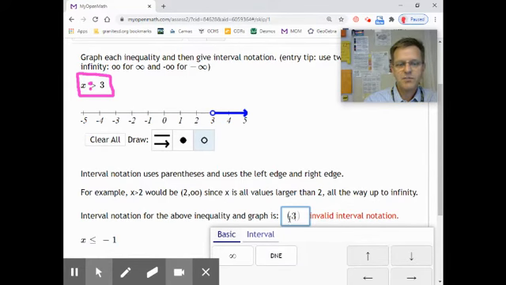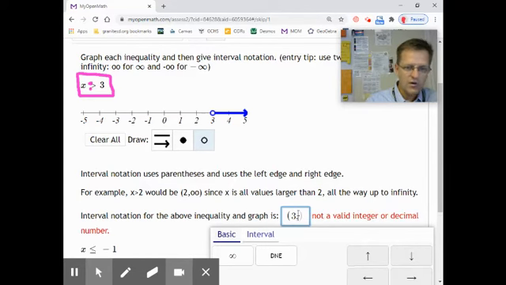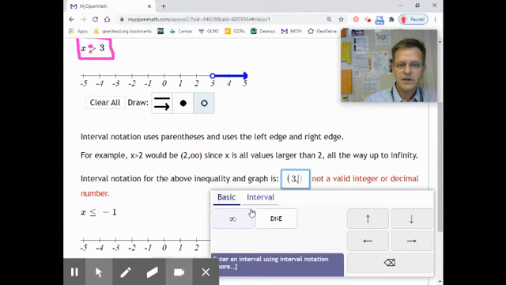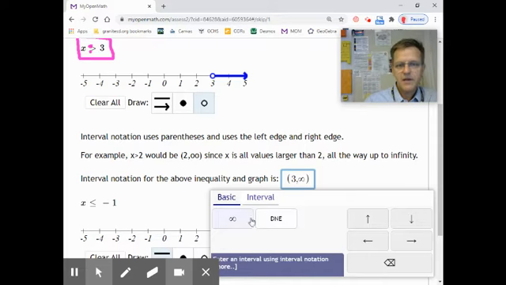That means that it does not include 3. It's everything larger than 3 all the way up to infinity. Now, you can click this infinity key. That's fine. Okay? Now, we always use a round bracket for infinity